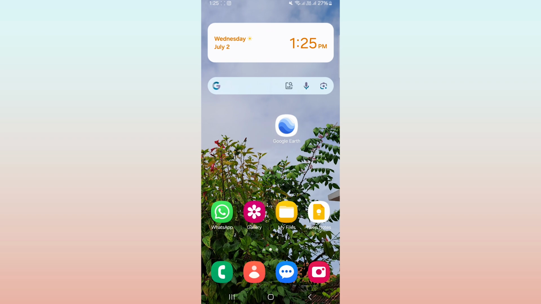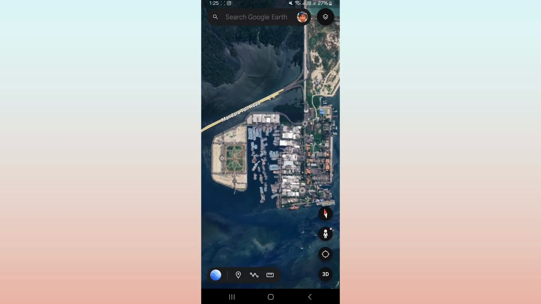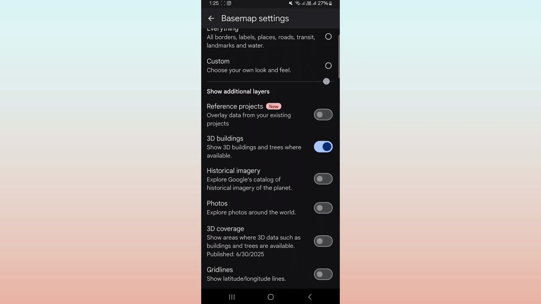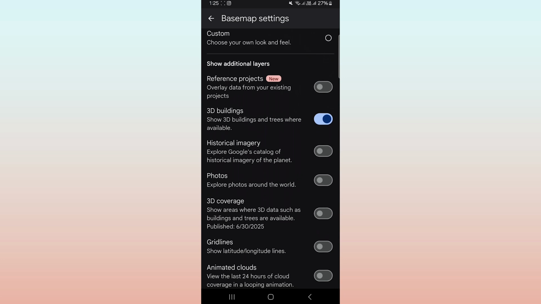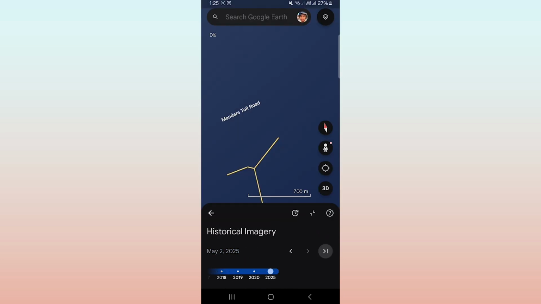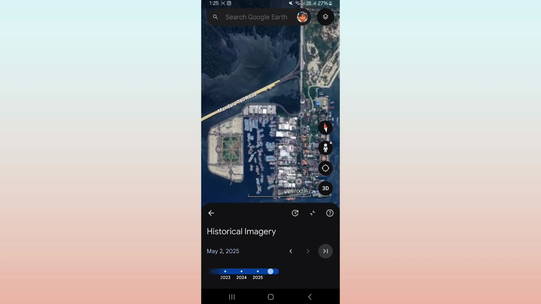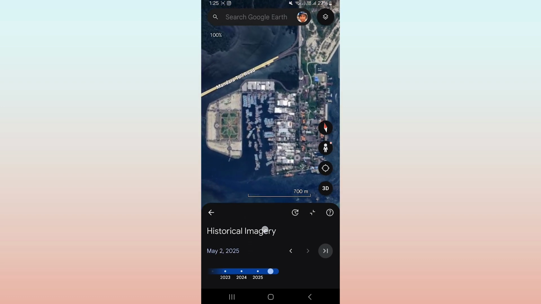So to activate it, first we open the Google Earth application, then we select the icon in the upper right corner, then we scroll down, and we can activate historical imagery by turning on the blue check on the right. Now we automatically go back, and you will see at the bottom here is the historical imagery, and this is the